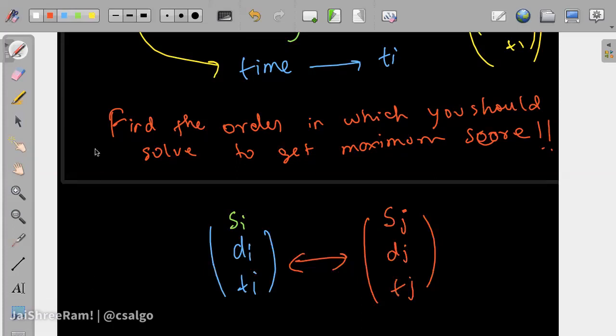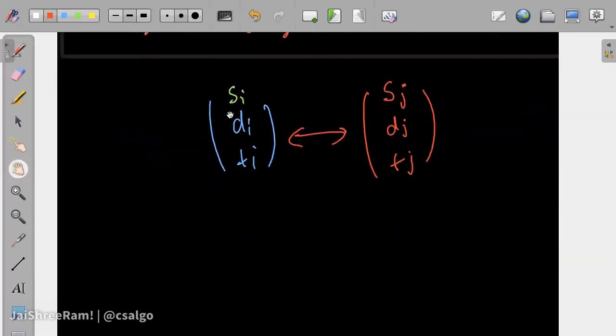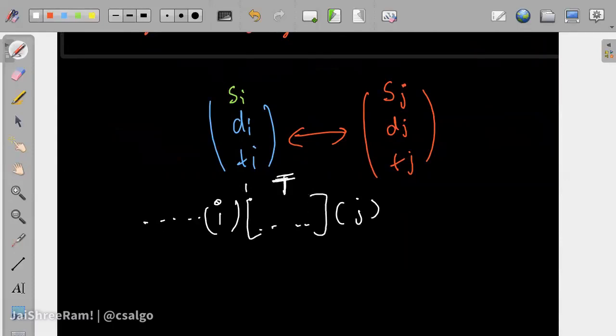I think all of you, if you wrote the expression, would have come to this expression only. So let's quickly look into how we can do this particular problem. Let's suppose you do a lot of things, then this is the ith element. You take the ith element, then you do a lot of things, and then you take a jth element. In between these elements, the time taken is t.